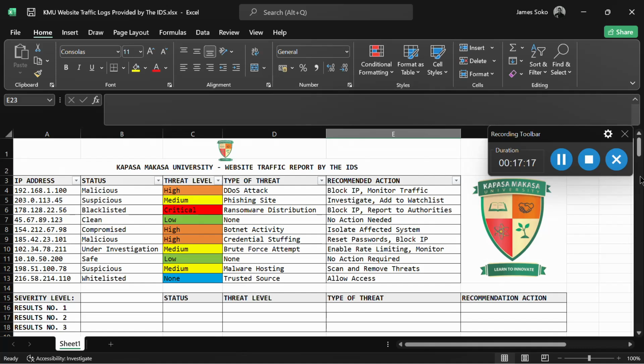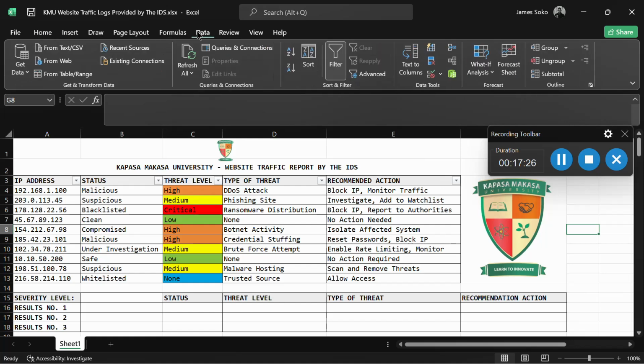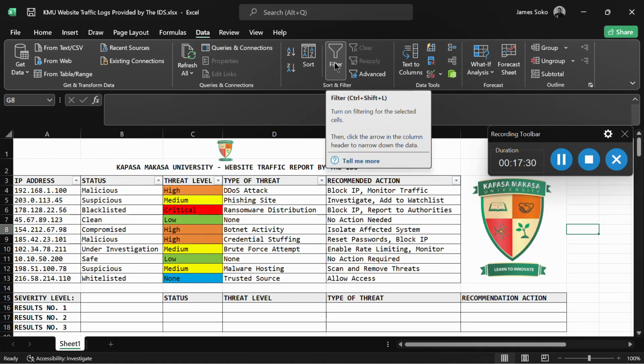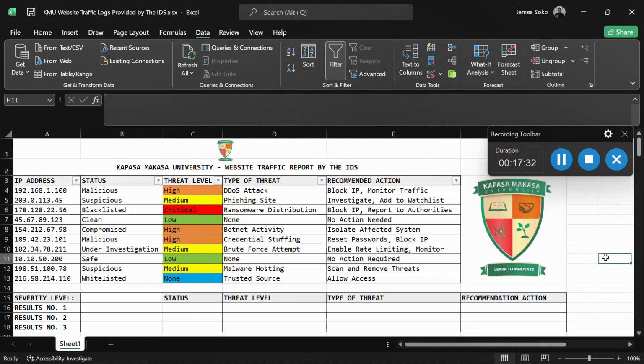So yeah, that's it. Basically, you can also navigate to your data. Then here we can see we are filtered, and you can apply the same things. So again, Control Z to get rid of those filter things. Those are the ways where now you can filter out your data.